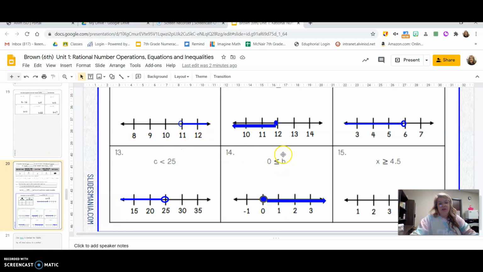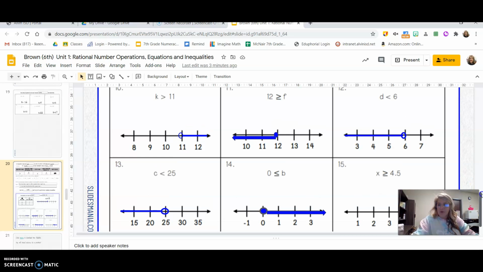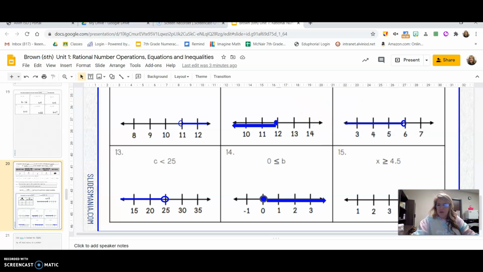14. 0 is less than or equal to B. So you could also write B is greater than or equal to 0. So 0 gets that closed circle because 0 is included in the solution, and everything to the right of 0 is included. And the last one, let me scroll up a little bit to make sure you can see it over my face being in the camera. Okay, x is greater than or equal to 4.5. So 4.5 gets that closed circle, and it goes